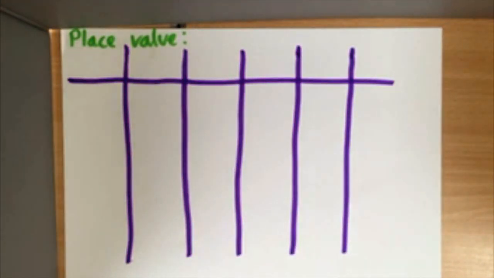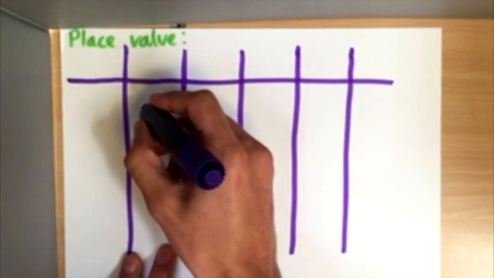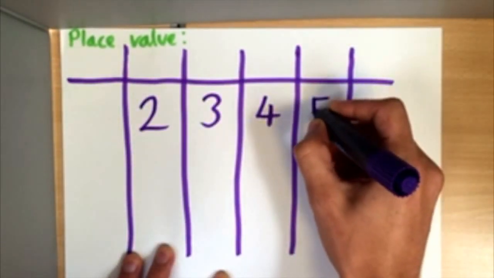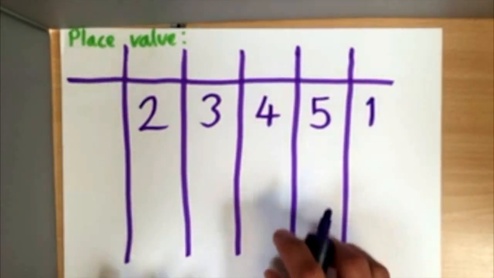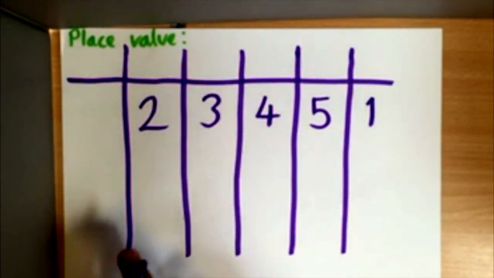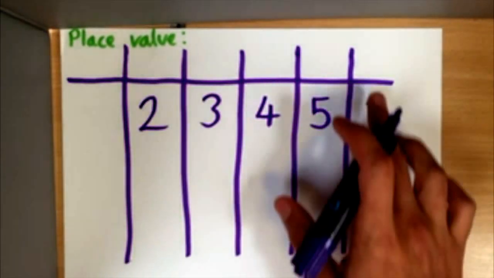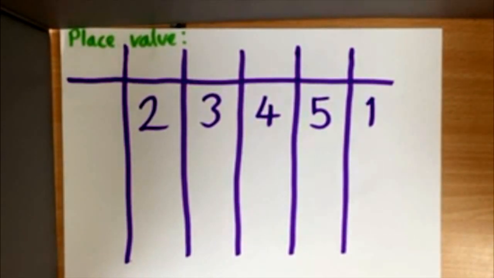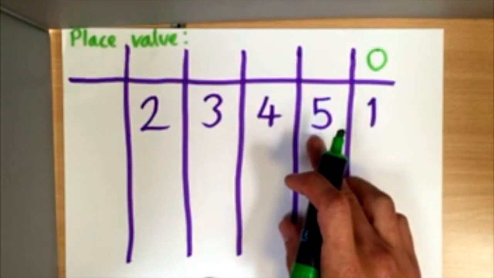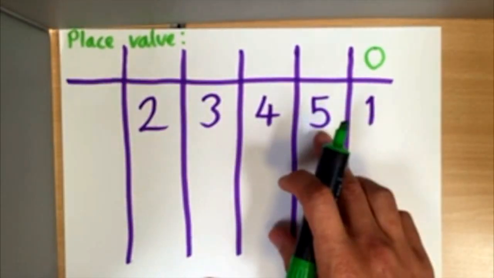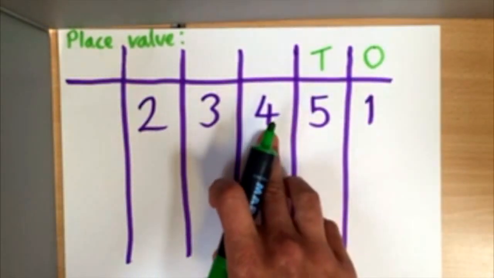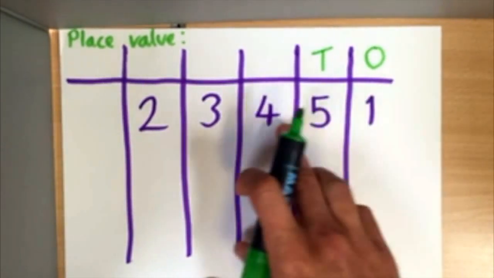Now let's say I write down the number 23,451. We've been working on being able to label each of these columns so they represent the right place value. So what would this column be worth? Well, this one, as we know, would be our ones. Moving along to this column, we've got our 51, so if this is 50, this will be 5 lots of 10. Moving along to here, we've got our 451, so this is in our